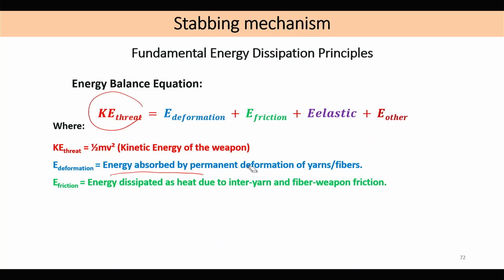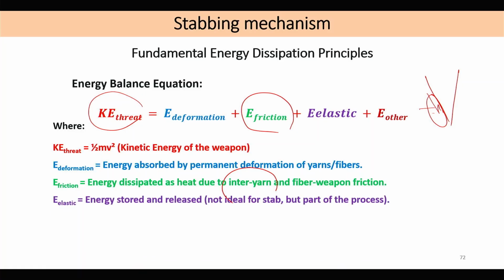Then a portion of energy is lost due to friction. So, inter-yarn friction or friction between the knife and the fiber while penetrating. During penetration there will be friction between the knife and fiber, and also between the yarns. So, that will absorb some energy. The frictional energy will get dissipated here,